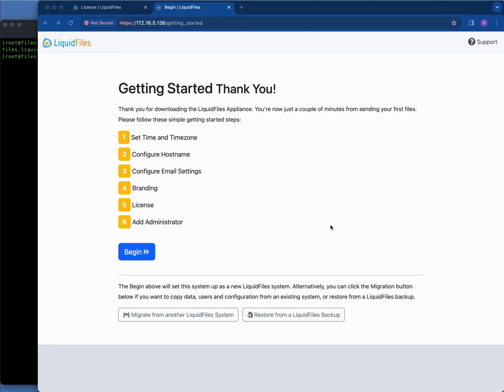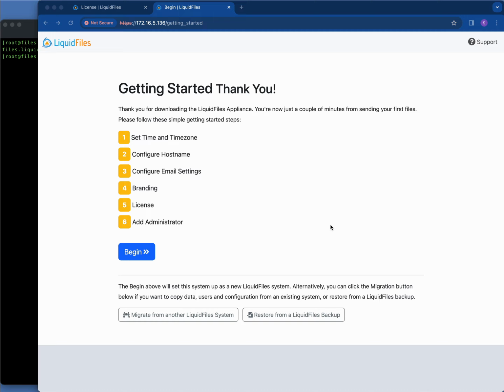In this video we are going to migrate a LiquidFiles system to a new system, and in this case we are going to complete the installation. The reason we want to do this is because on this system we want to use a separate data disk. If you want to use a separate data disk, or you want to use an NFS server or anything like that, then you have to complete the getting started function so you get access to the system and can configure your data storage before you start the